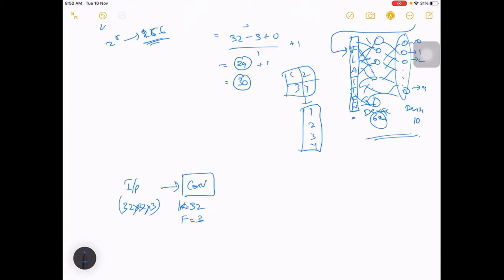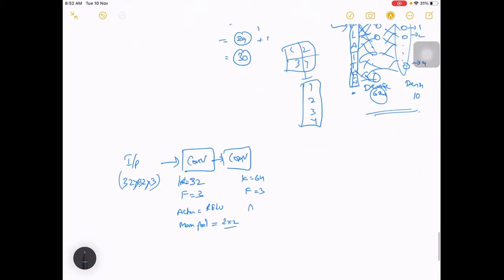Then you are using activation as ReLU and max pool of 2 by 2. Okay, and again one more conv, and k equal to 64 now, f equal to 3, and activation is ReLU and max pool again 2 by 2. Again one more conv.